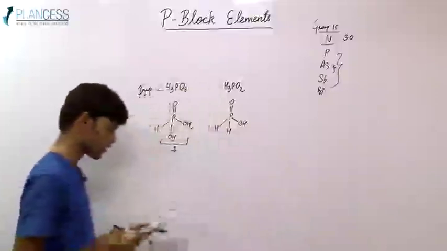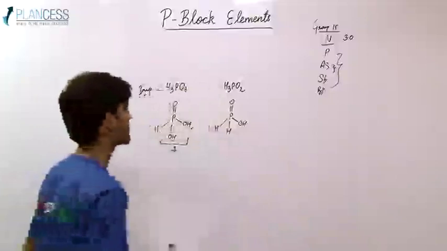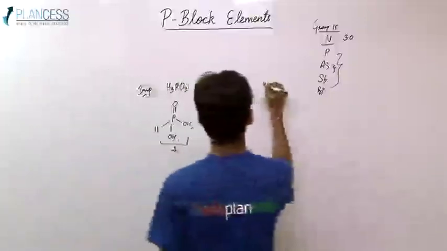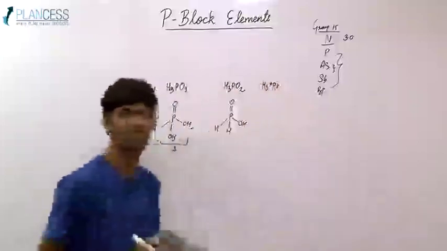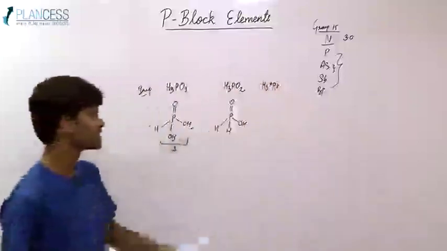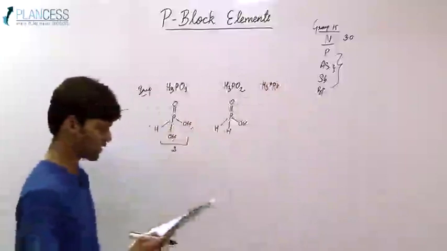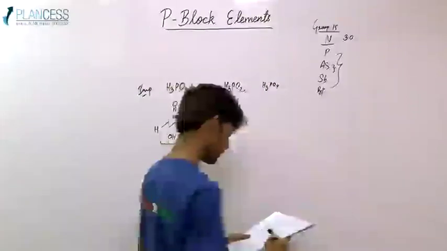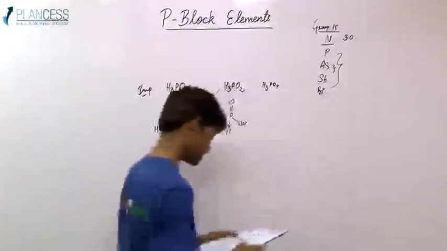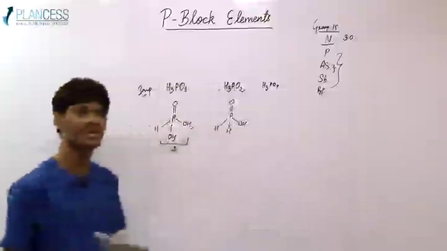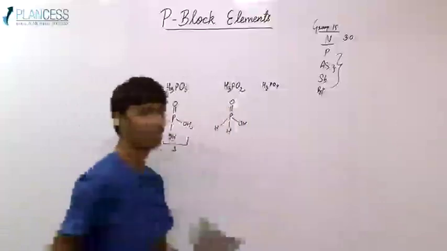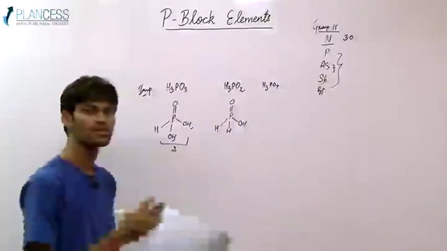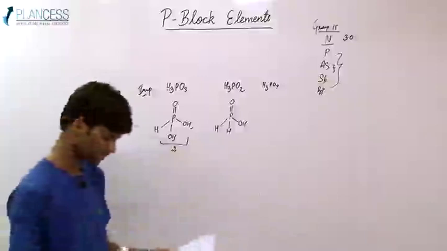So talking about now phosphoric acid or orthophosphoric acid, it is also known as H3PO4. H3PO4 is formed by the hydrolysis of PCl5. When PCl5 is hydrolyzed, H3PO4 is formed. As far as the properties of H3PO4 are concerned, in reaction with silver nitrate, it reacts and forms Ag3PO4, which is a yellow precipitate, and